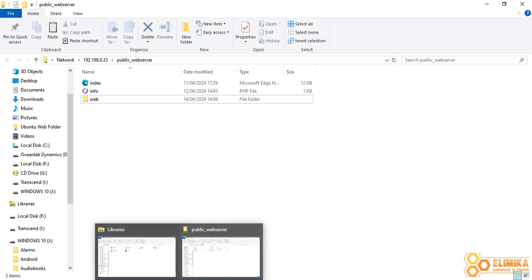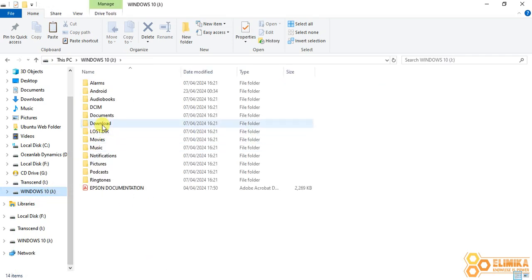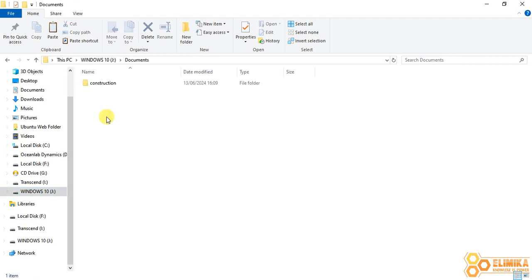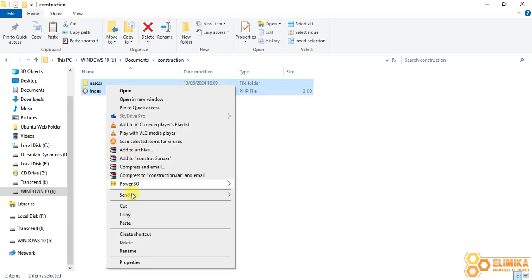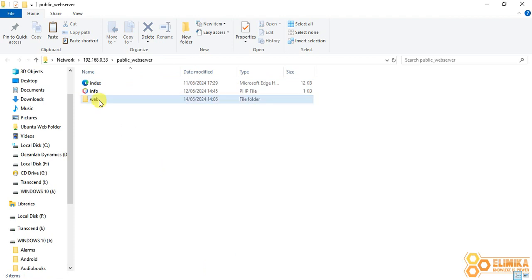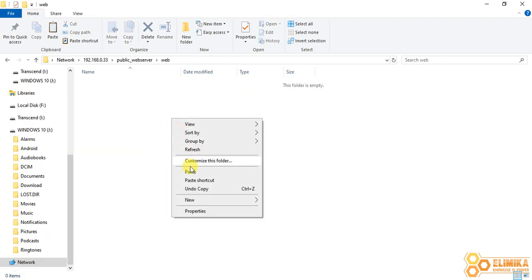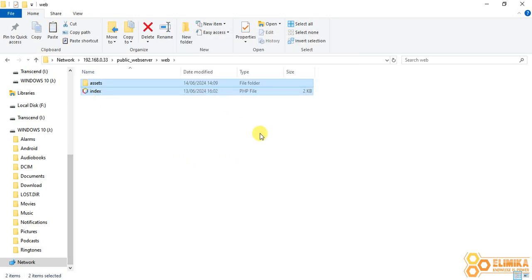So I will open my libraries folder, and here I've got my website that I created, and I will copy this and paste it on the web folder, and therefore my website has been copied in the HTML folder, in the web folder, and therefore I can test